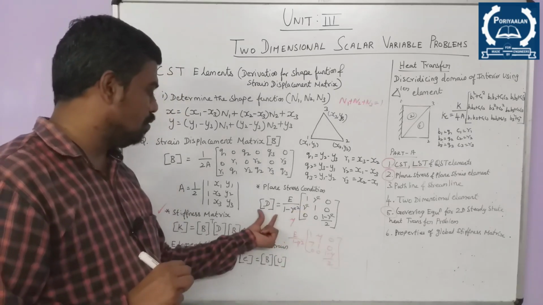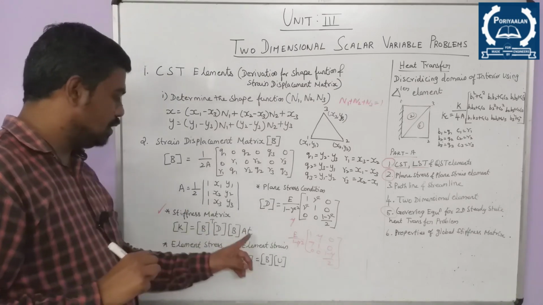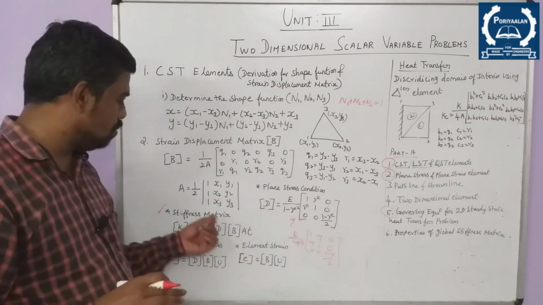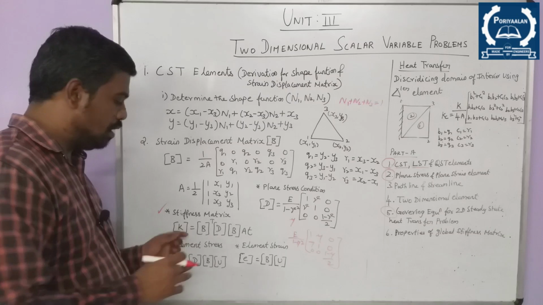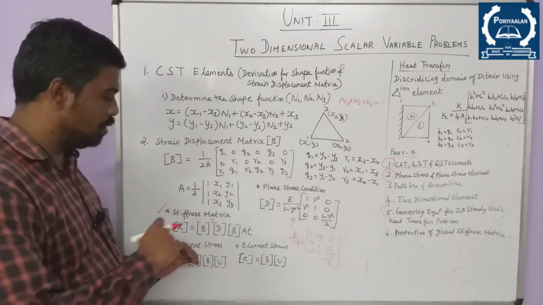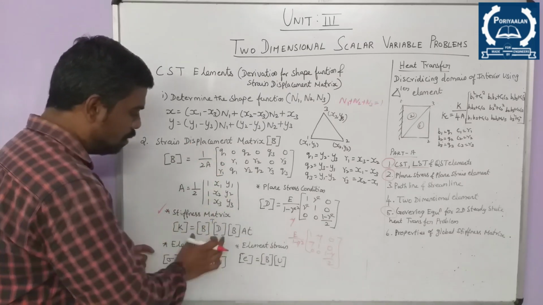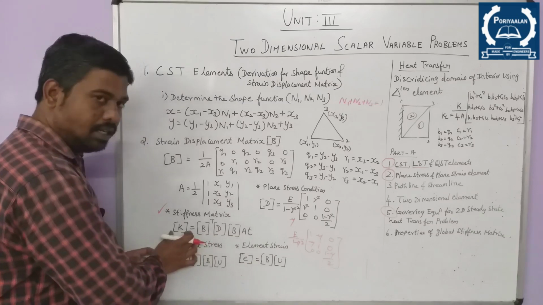You just have to substitute and find the value of D. The area is the same value, and the thickness value is also given in the problem. Just substitute and find the K value. Just write it in matrix form, that's all. No need to find for all. Just multiply all those things, and at last you have to find the value